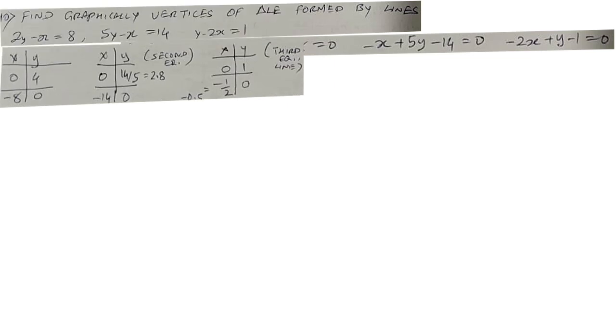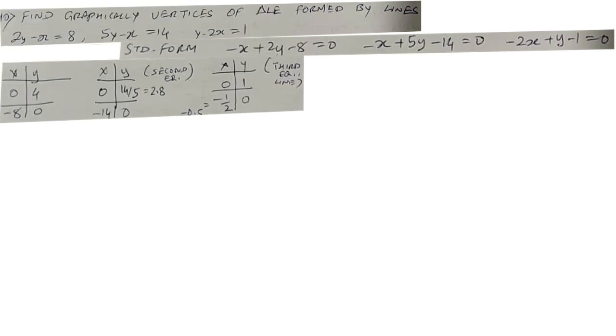So first write it in standard form. Okay, minus x plus 2y minus 8 equal to 0, minus x plus 5y minus 14 equal to 0, minus 2x plus y minus 1 equal to 0, you have written. Okay. Now you have to find 2 points to plot each line. What is the standard technique? Put x is equal to 0, get the y. Put y is equal to 0, get the x. Okay. So let's do it for the first line. If I put x is equal to 0, 2y minus 8 equal to 0, I'll get